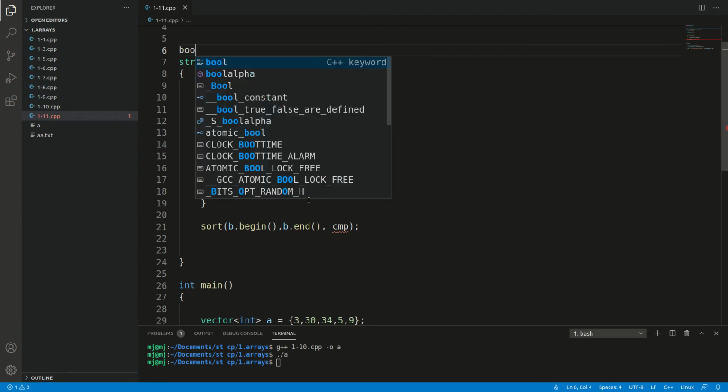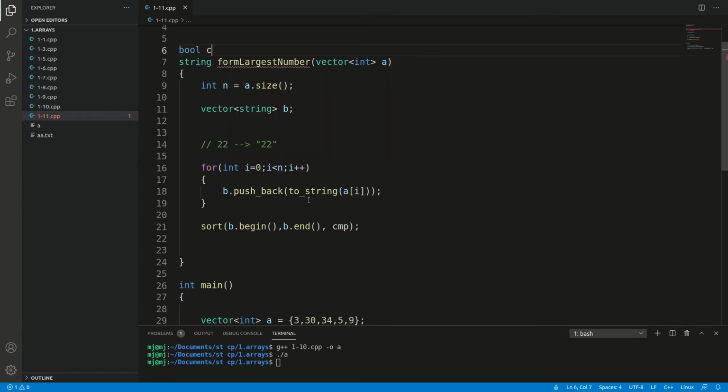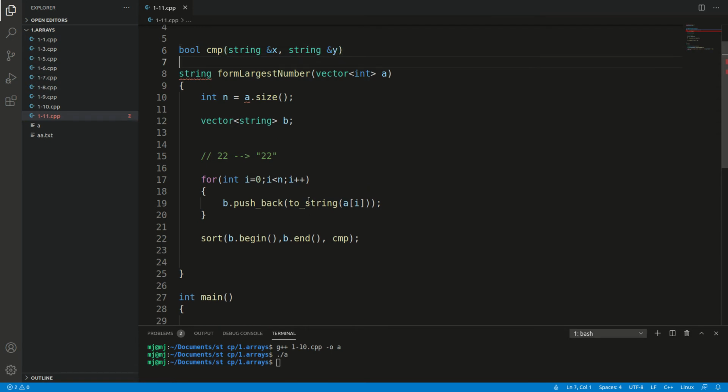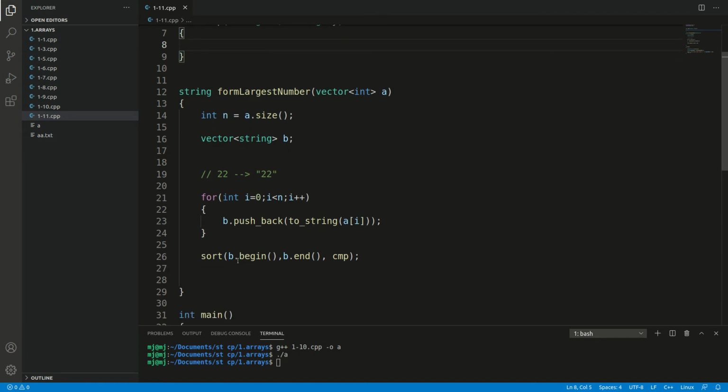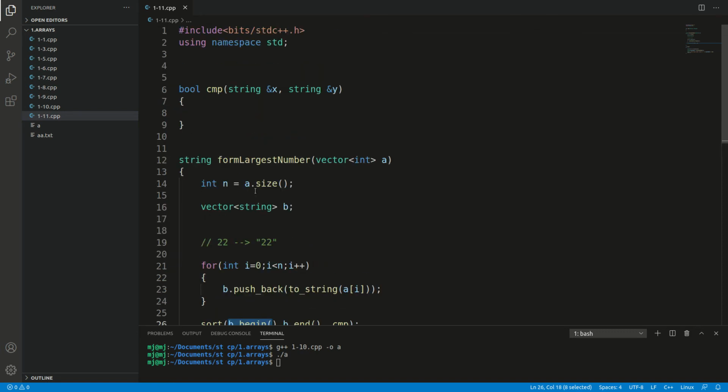So let's type boolean cmp, and it takes two values as input. Sorting is always performed by comparing two elements at a time. So the input parameters of the custom sort method would always be two values of whichever vector you are sorting. Here we are sorting strings, so we are taking two strings as input parameters.